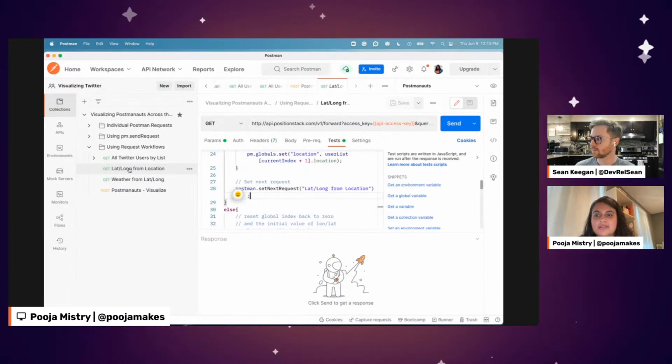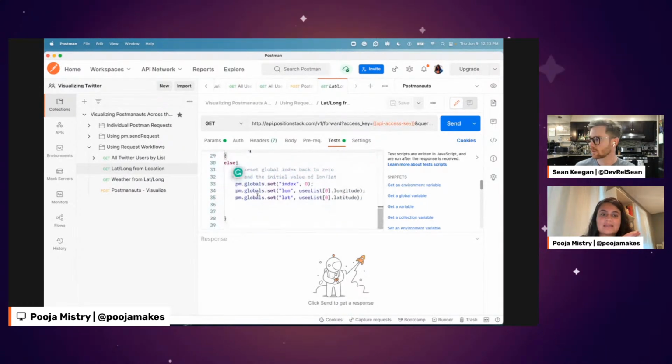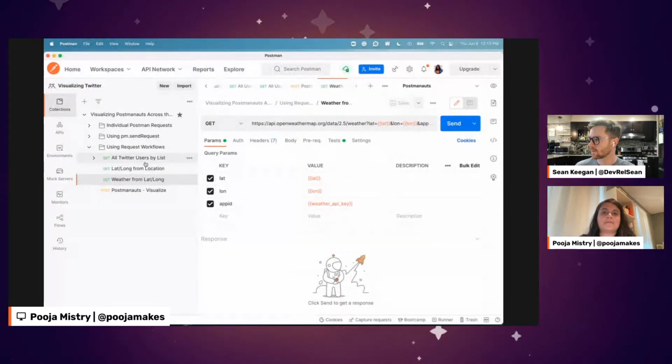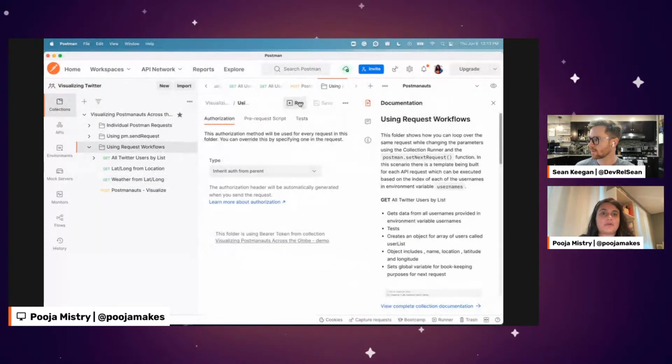So it's going to keep running this request until it reaches the last index of that array. And then once it has, it's going to go to the next request, which is getting everybody's weather. Like, for example, if I were to run this,